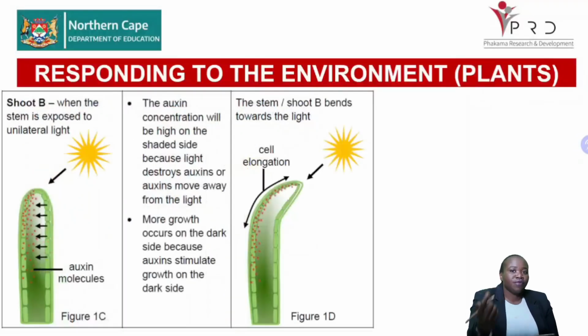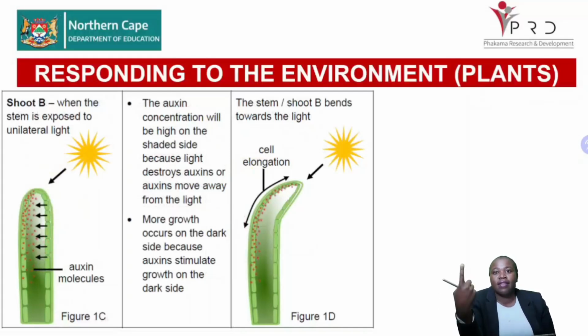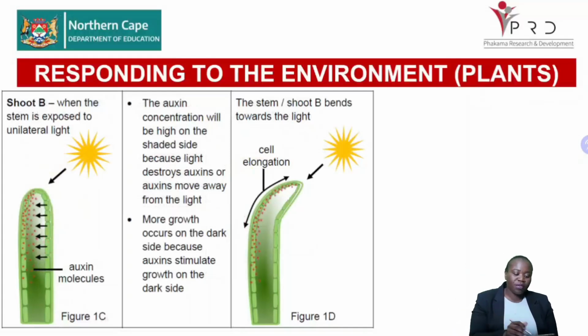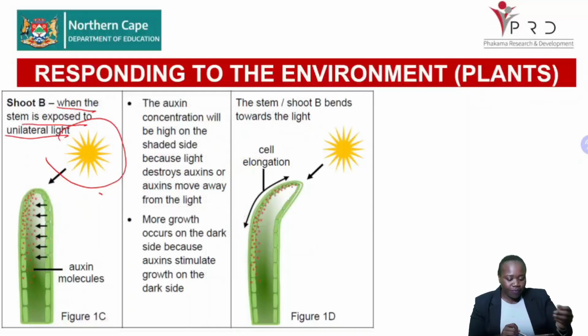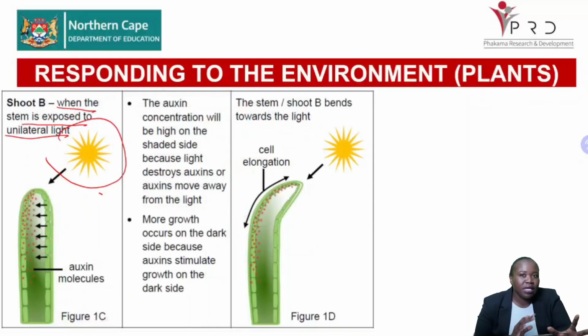Now, phototropism can be two ways. It can be with the light from all directions or with the light from one direction. As you can see now, the light is coming from the right hand side. This is when the stem is exposed to unilateral light from one direction. Now here, there is going to be a different reaction. So the auxins on the stem are then going to